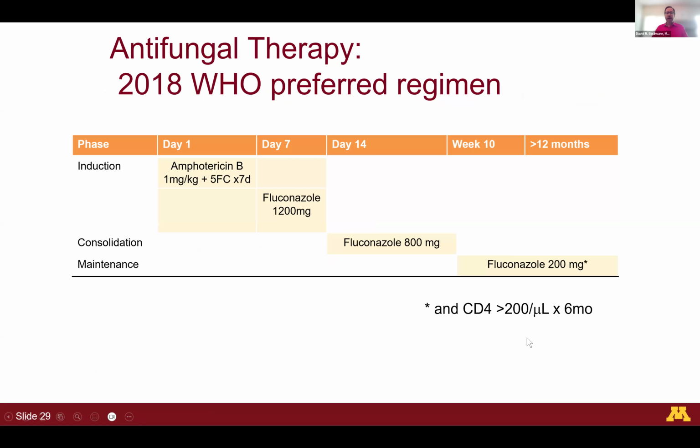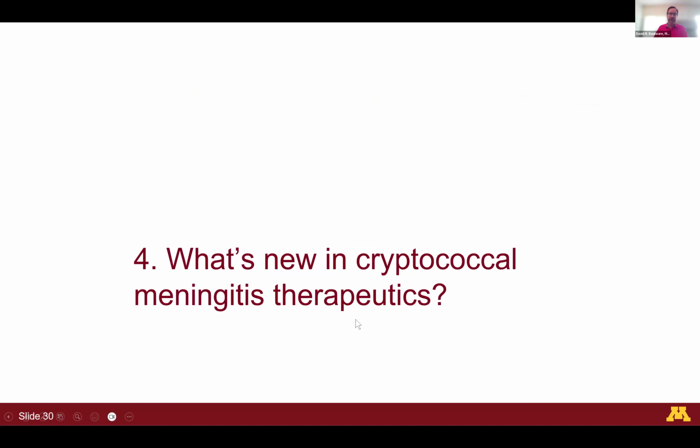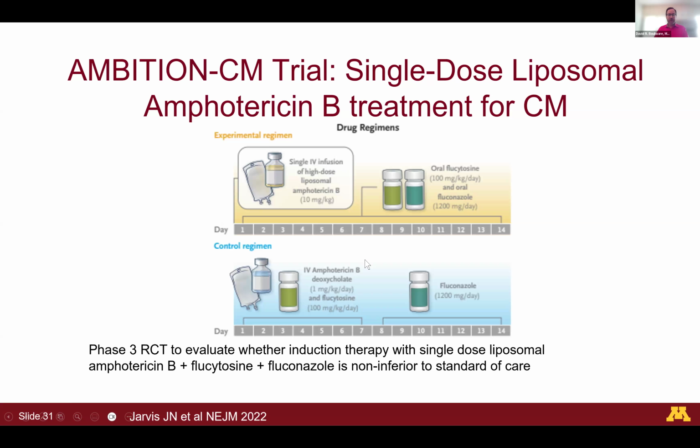The 2018 WHO preferred regimen was giving amphotericin with flucytosine for 1 week, followed by high-dose fluconazole at 1,200 milligrams, then followed by 800 milligrams through 10 weeks, and then secondary prophylaxis thereafter. So what's new? Things have changed a little bit. The AMBITION trial, which came out in 2022, was looking at a single dose of liposomal ampho at 10 milligrams per kilo, given with 5-FC and fluconazole, versus that WHO standard care of 1 week of deoxycholate